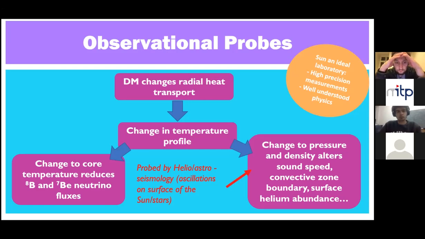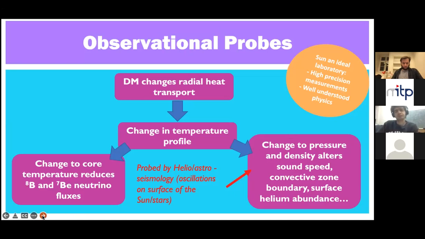And in addition, we've also got changes to the equation of state, and that's going to change your density profiles, and therefore that will actually modify a number of internal observables, such as the depth of your convective boundary and the surface helium abundance. So actually there are a number of different ways which dark matter conducting energy in sun and stars can lead to observational changes. And I should say that these changes to the convective zone boundary and the surface helium abundance, they're all actually probed to very, very high precision with helioseismology.